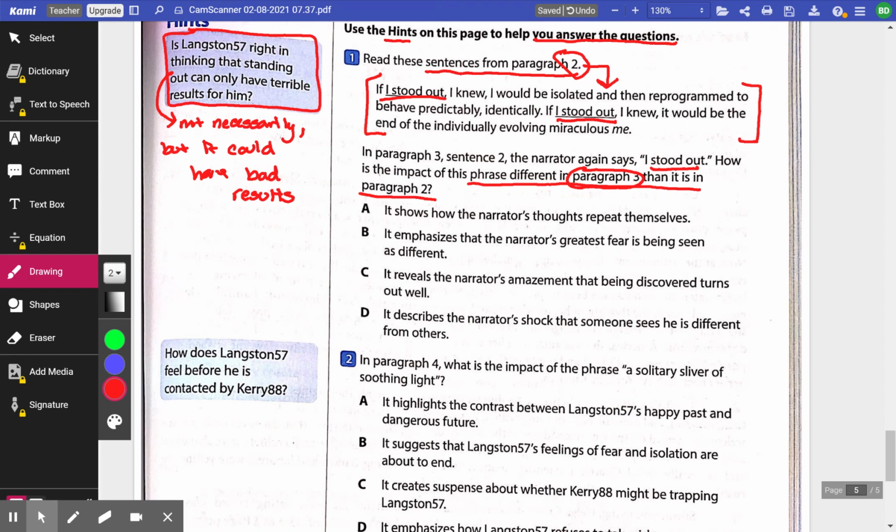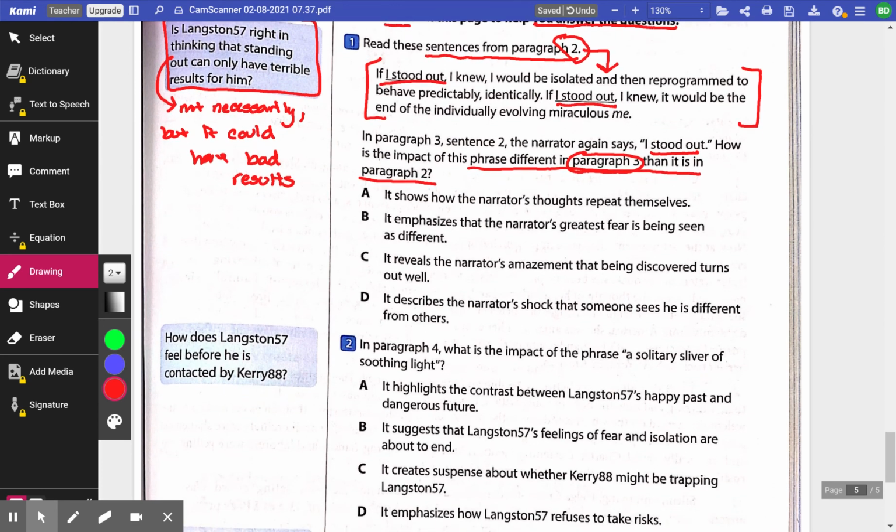I want you to answer number 1 on your own because this is good practice for you to see if you understand what it's asking. So go ahead, pause the video, look back at your text, reread the question if you need to, make your answer choice, and then we will come back and go over it together. All right, guys, I am assuming that you are back because you have finished answering number 1 and you're ready to check your answer. We're going to work through this answer choice by answer choice until we get to the right one, and we're going to talk about why things are wrong and why things are right.